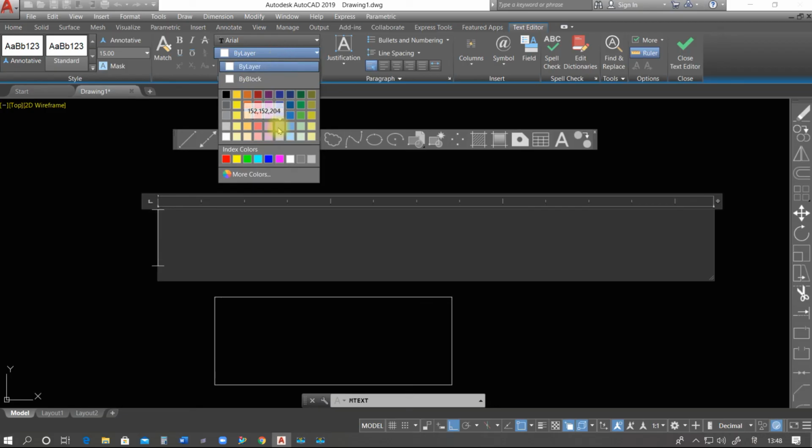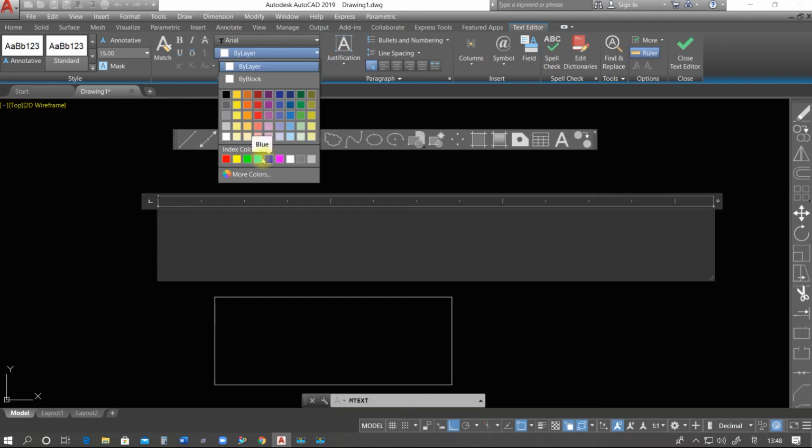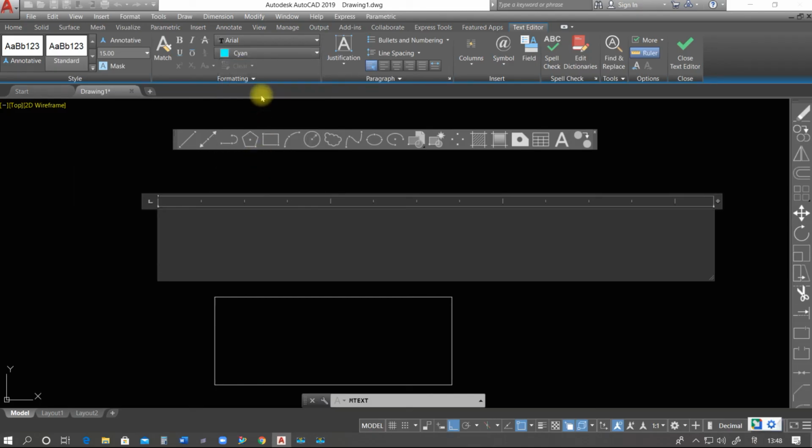If you want to specify some color on the text, you can select from here also. This is the complete format of MS Word, so I hope all of you are familiar with these options. We don't need to describe these options.